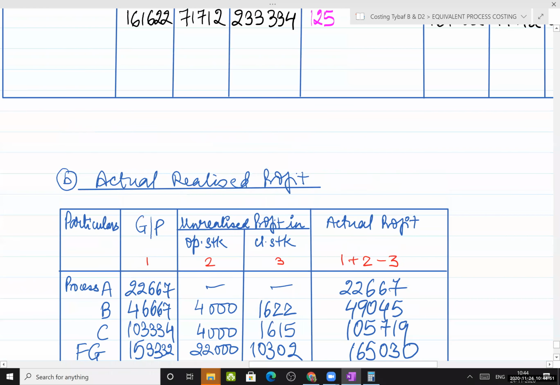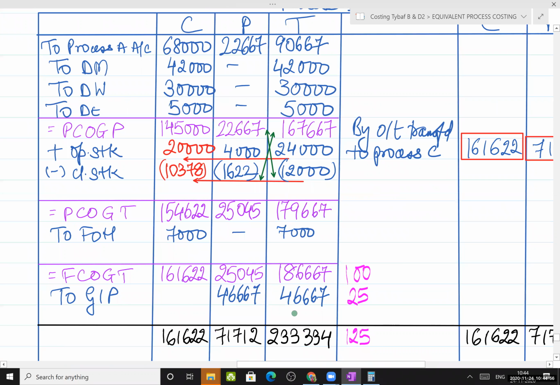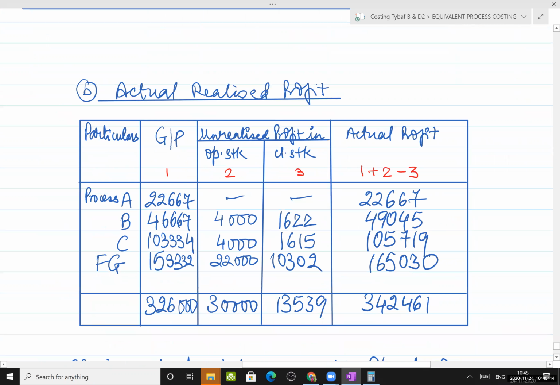Okay, now come to B. Okay, profit element, yeah, 46,667. Opening stock में profit element 4,000 and closing stock में profit element 1,622. Okay, so this is what they are talking about. So write down profit element in opening stock, profit element in closing stock. Okay, then C,